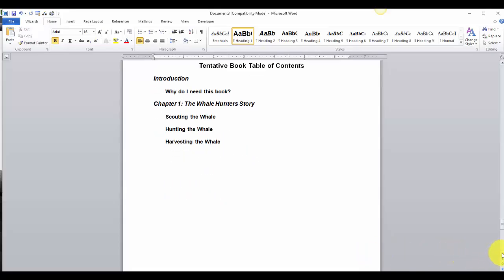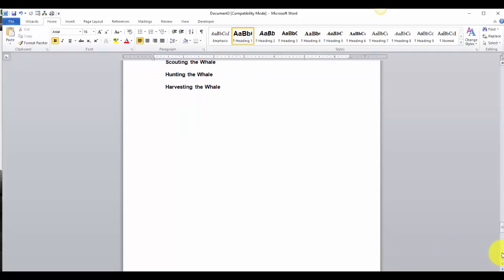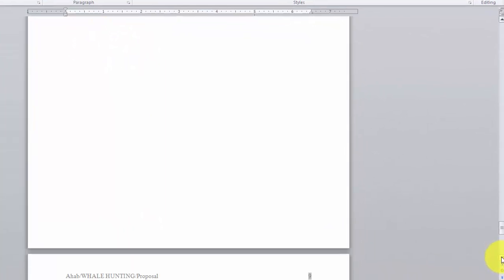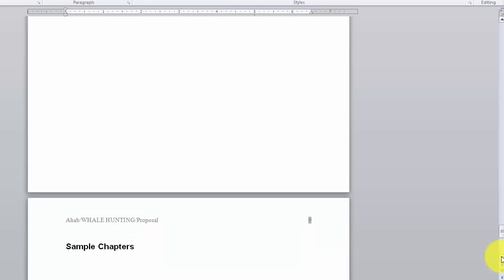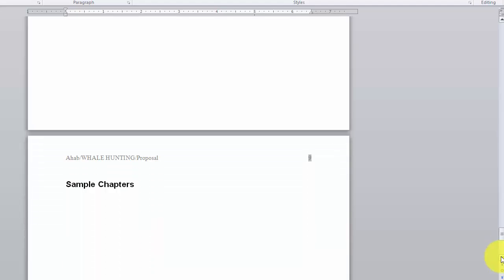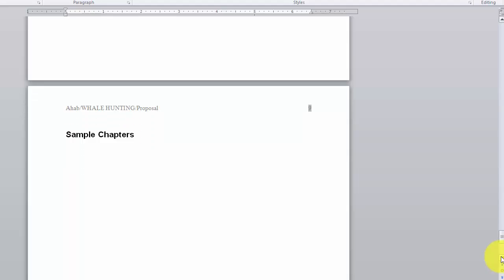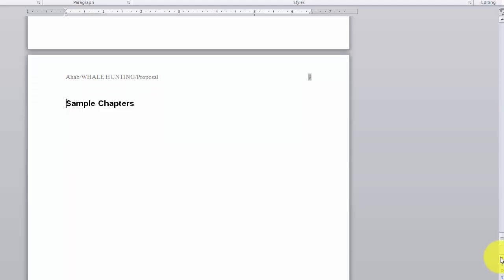Now let's go to the sample chapters section. You want to pick some sample chapters that have the meat of your proposal in them, something with real pizzazz. Now you don't have to write the entire book, but you do have to write some sample chapters to demonstrate your writing capabilities and your story. So go to the sample chapter section, put your cursor at the end of the sample chapters title, hit